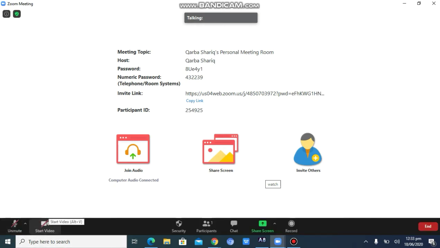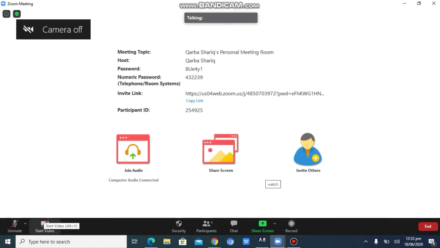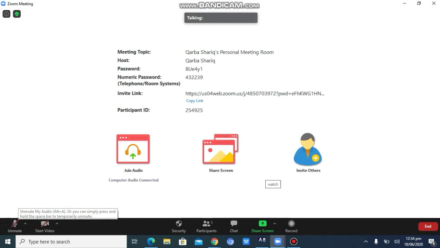If you want to share, you can click on it, then your video will appear to the students. If you want to turn it off, you can turn it off. Then there are some other options available on Zoom as well, like allowing the students to unmute themselves, renaming themselves, some security options. So for that, you need to go onto this option, that is this security, and here